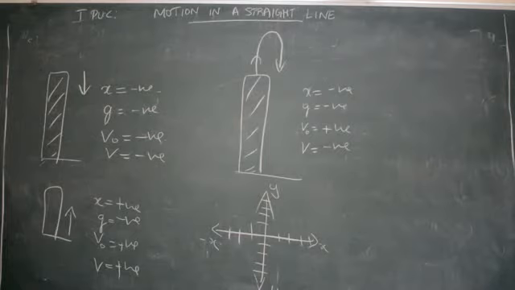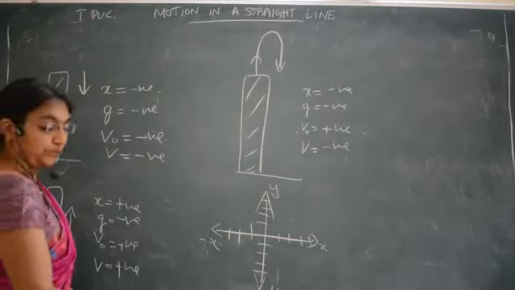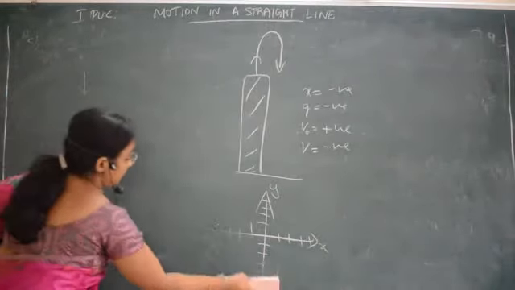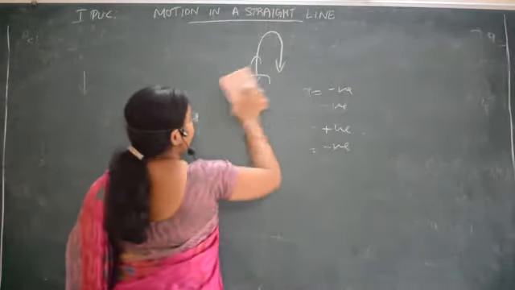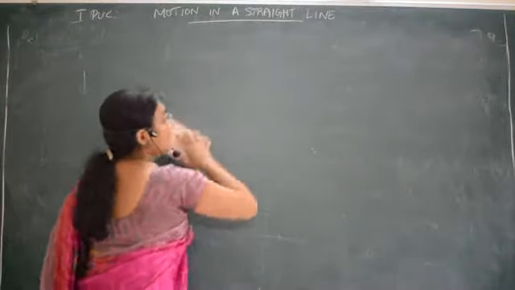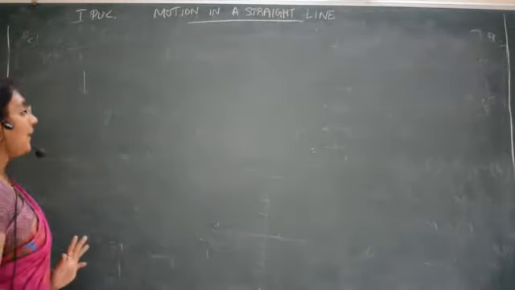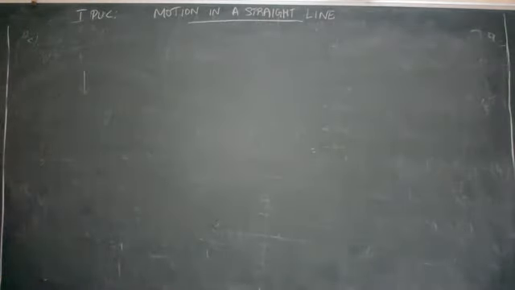Okay, we will solve the first question. This rule is important for solving the problems. There are 5 marks in your final exam for solving the problems. Not only the final exam, in all exams the problem carries 5 marks. Okay, first question. Find the velocity of the particle for the time interval t equal to 5 and t equal to 10 seconds.